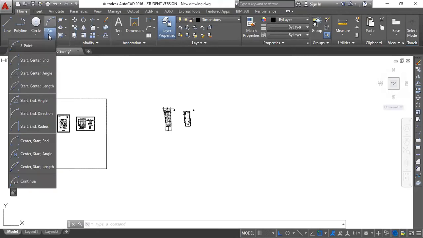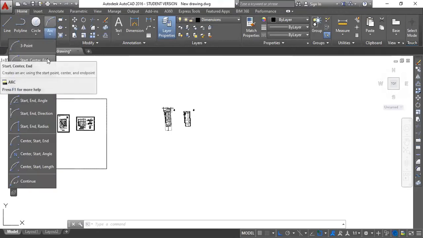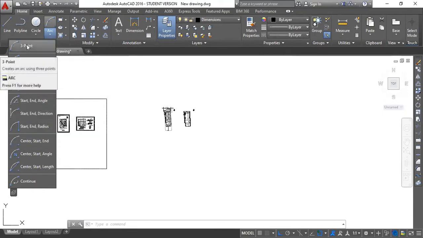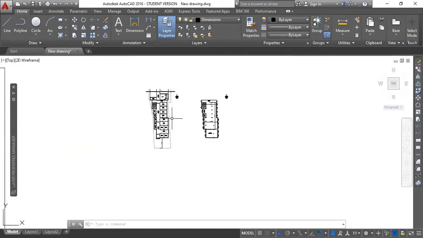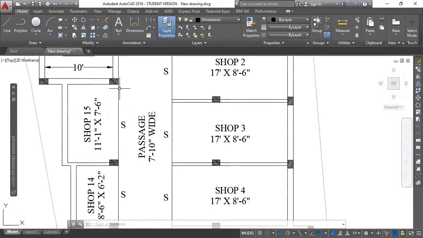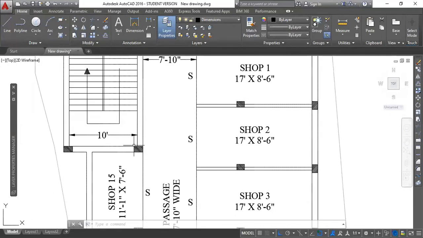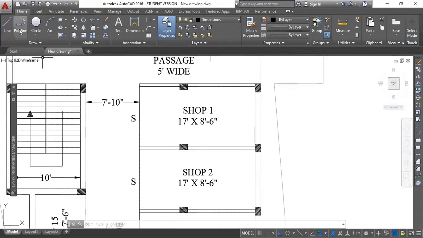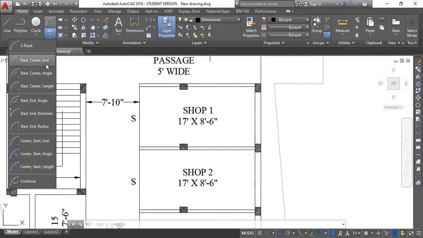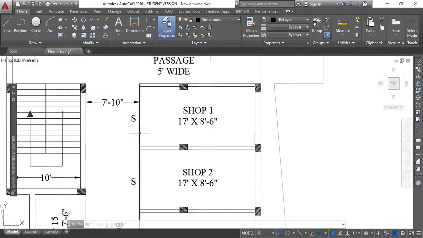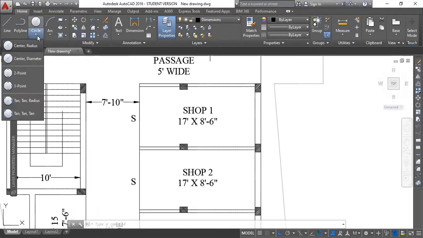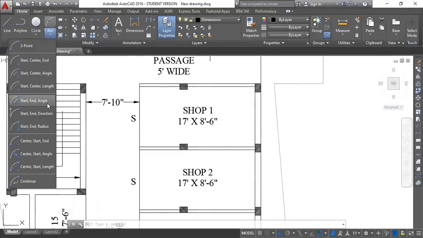Then the arcs, you can use the 3 point arc, start, end, center. So it is the same arc, but you can draw it in a different way because you will have different types of reference points. For example, if I want to draw a door in this particular corner, not here actually, maybe in this place, you can use the center, start and end if you have the length of the door. Because if you know how much the length of the door is, sorry, I mean the width, that is maybe 3 feet you want to enter. So in that way you can use this arc tool and get started.